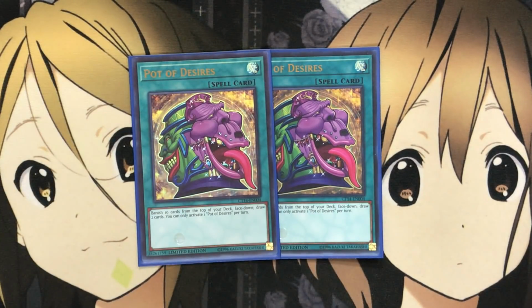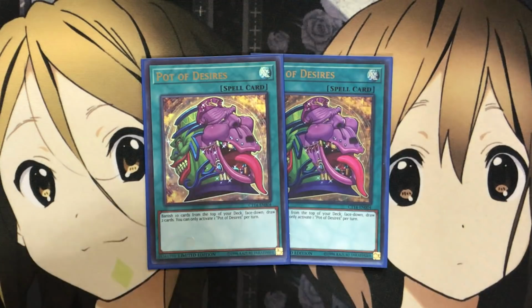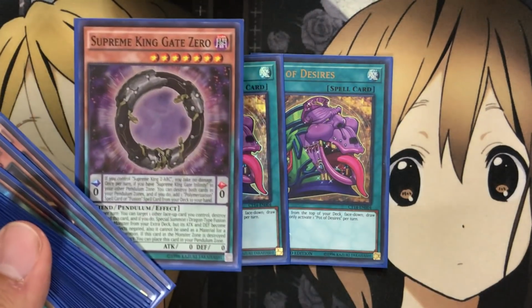I just really like the draw consistency with this card. If you're short a couple cards in your hand, the biggest risk with the Zark deck is you obviously banish one of the cards in your deck you need for Zark. Most of the time, you want to just make sure you have your play set up beforehand and before activating this card. But if you didn't want to run Pot of Desires, I would suggest putting in the Gate Infinity,